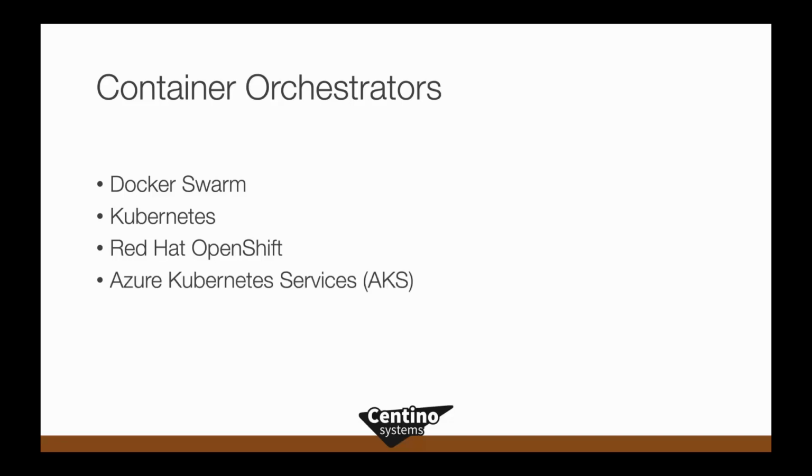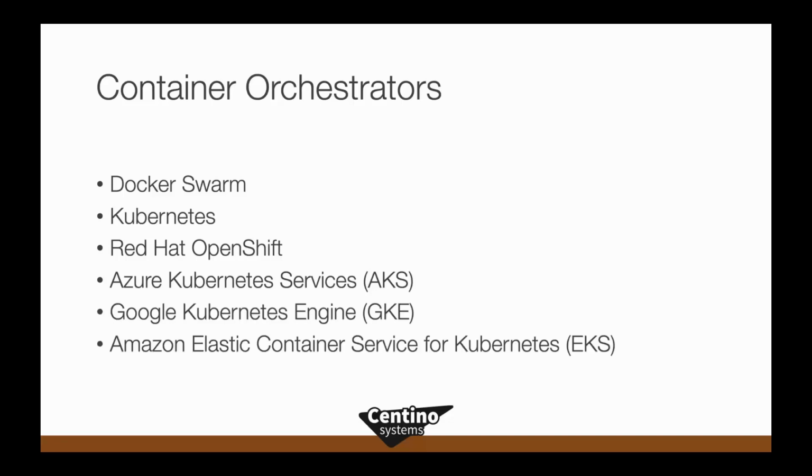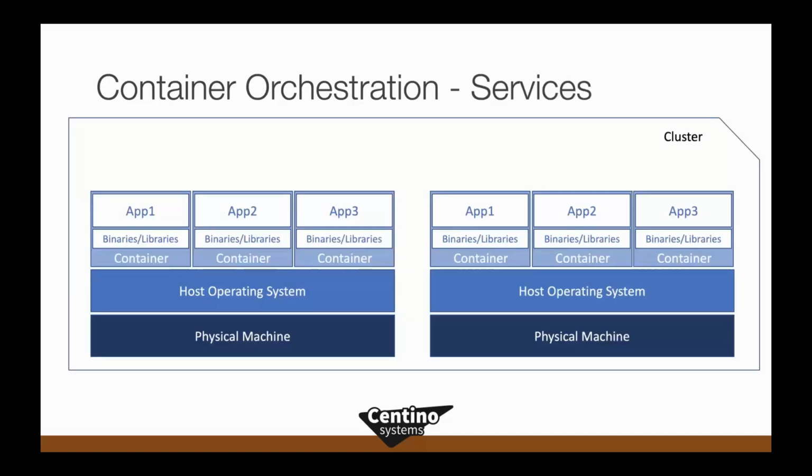There's Azure Kubernetes Service from Microsoft. There's GKE from Google, and there's also EKS from Amazon. So those last three being managed services from the cloud providers, the top three being software that you could actually download and install on-prem. So let's look at that concept of a service or a persistent service inside of a